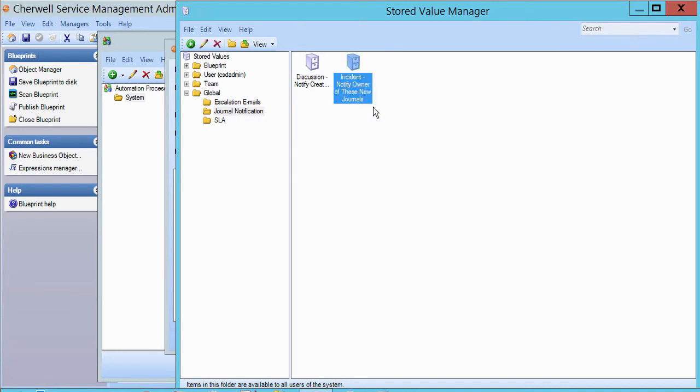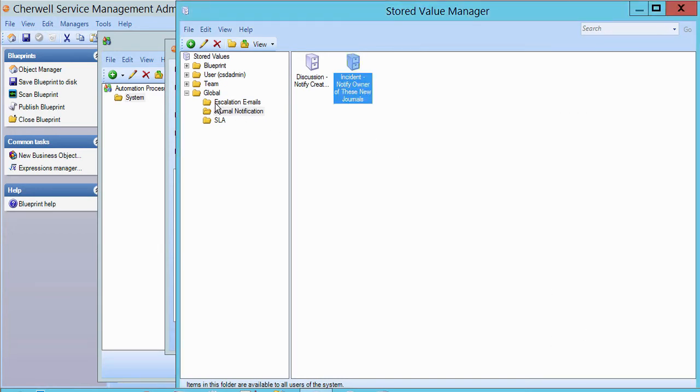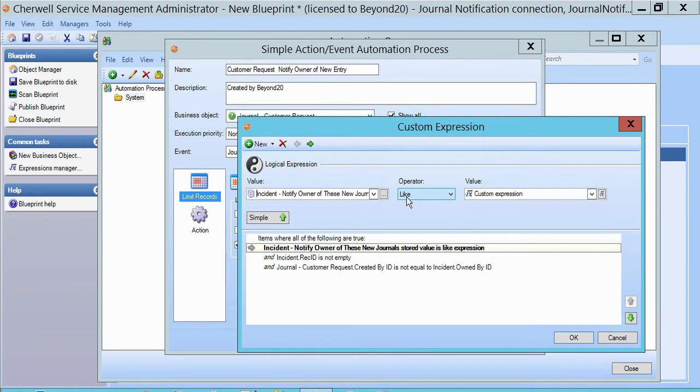So if we edit this, the value is comma separated. What this holds are the journal type names that I want to notify on. So journal note, customer request, and journal mail history. What this comparison does is it looks at this value, and this can be edited because it's in the global scope through the admin tool, through the stored values manager. So we've got that, and we're seeing if it's like,